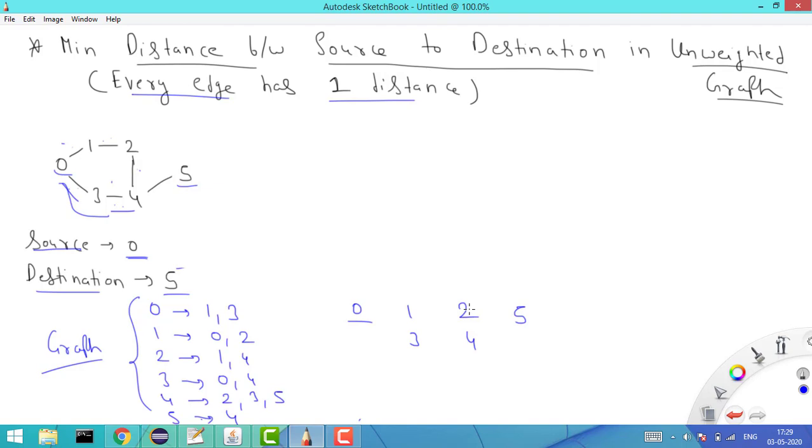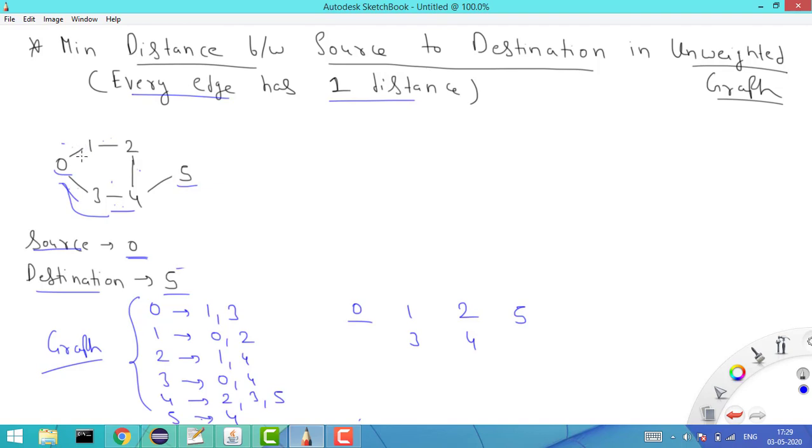So we have two types of graph, weighted graph and unweighted. Weighted means let's say these are the cities, and if I want to go from 0 to 1, it means there is a distance of let's say 10 or 20, but here in this case we have equal distance. We have the equal distance as 1, that if I want to go from 0 to 1, we have 1 distance, right? So this is an unweighted graph.